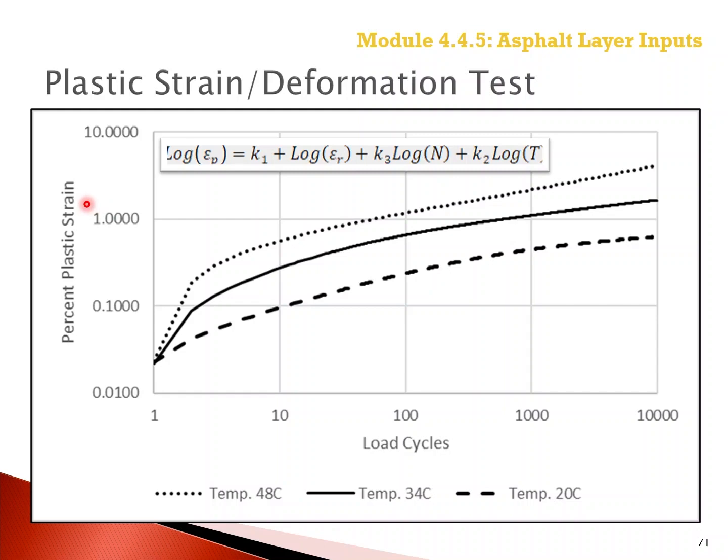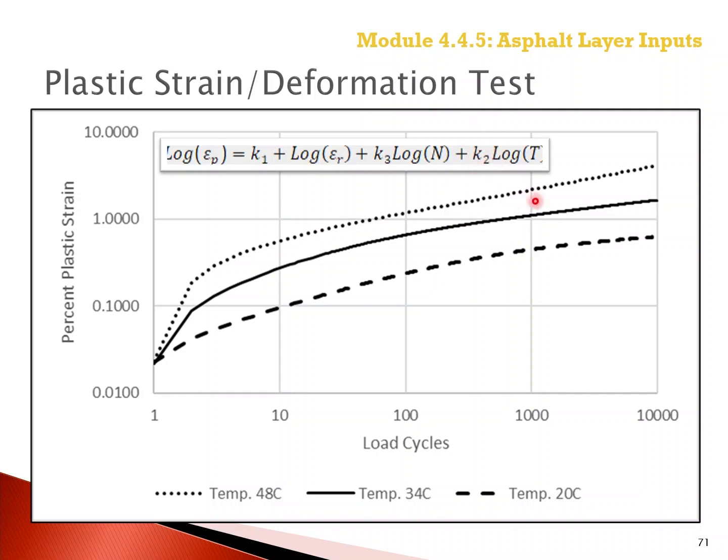The outcome from the test, or the inputs to the PMED asphalt rut depth transfer function, are defined as the intercept of this relationship, basically K1, from the steady state region or the secondary range of accumulated plastic strain versus number of load cycles, again defined as K1. The temperature exponent, or intercept temperature dependency term,